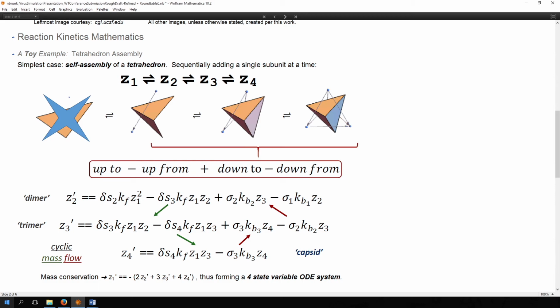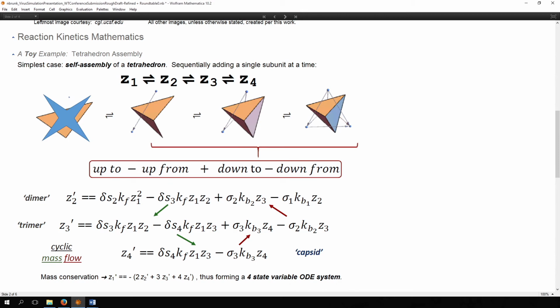You have a couple of biophysical parameters in addition to standard reaction kinetics that account for the physical scenario we're in, where in this case you have the Kf, which is the forward reaction rate, and the Kb in the two right terms of each equation. You have the backwards rate, and those each have their own units, and then they have conceptual units of per binding site. So you can imagine on the triangular subunit, which is x'd out because you can solve for that in terms of the other equations,